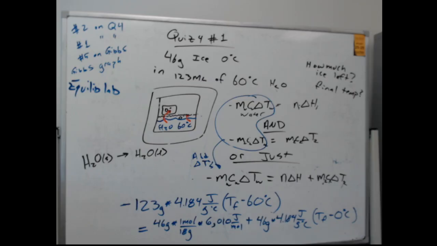Now, we can also put in some logical boundaries. Temperature has to be someplace between 0 and 60. It shouldn't be negative, and it shouldn't be greater than 60. So if we get something that is below 0, we've got a problem. If we've got something that's greater than 60, we've got a problem. Right now, if it's below 0, that means